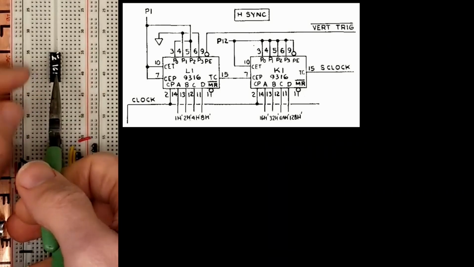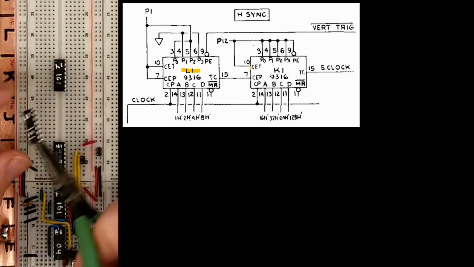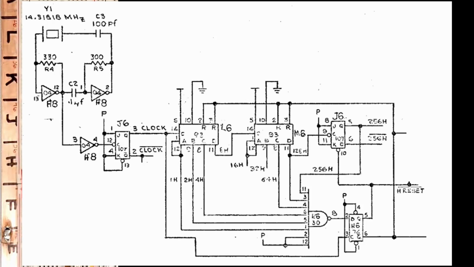Let's build the horizontal chain. We just need another 2 counters, Love 1 and King 1. Now most sync counters of this era use 9 bits per chain and really try to keep the timings perfect. They first divide the oscillator by 2, run that into 2 4-bit chips, then into a single flip-flop stage to